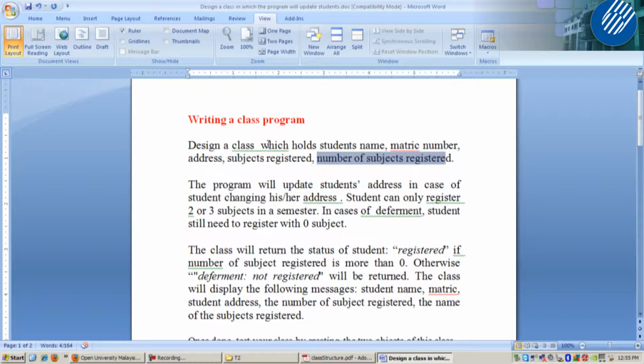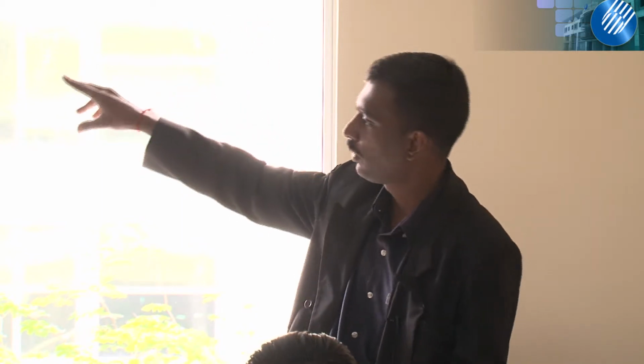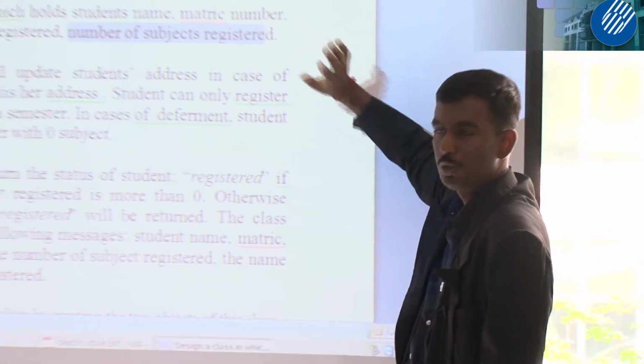So anyone confused? You have the class name, student, and in the first paragraph it's very obvious that there are 5 attributes or states of this class. So you don't put something beyond this. For example, don't put fees. Fees is not mentioned, right? So you don't put fees as a state. That's why I told you earlier, the number of states for this class, whether 5 or 4, all depends on the nature of the problem that you want to solve. In our case, from the problem given, you know that it's only 5. Anything beyond this, don't put in your class.